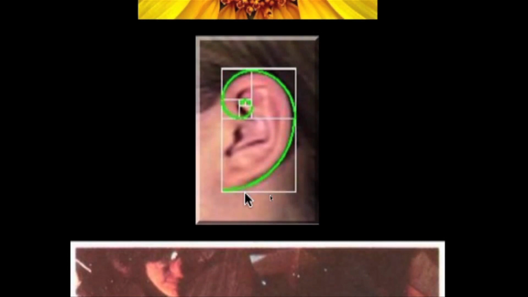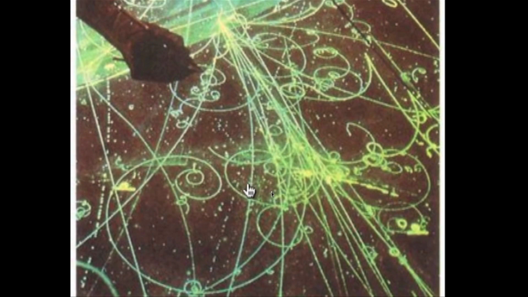And here's an image of subatomic particles just doing what they do. Subatomic particles, again on the micro scale, follow this fractal Fibonacci sequence of spiraling outwards. The magnetic shards with the magnets, they always seem to do the same. And here's a cool thing, some crop circles that have been using the Fibonacci sequence.